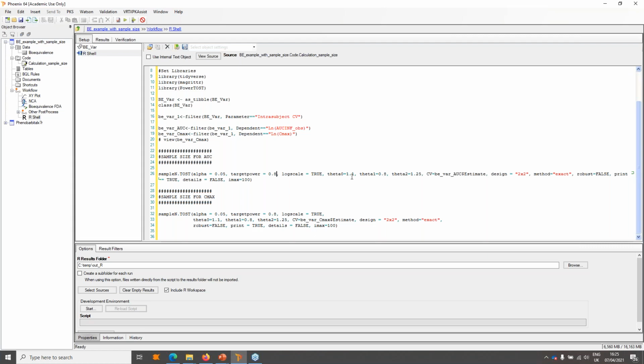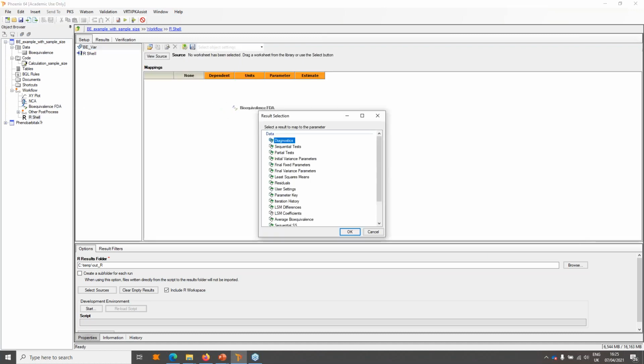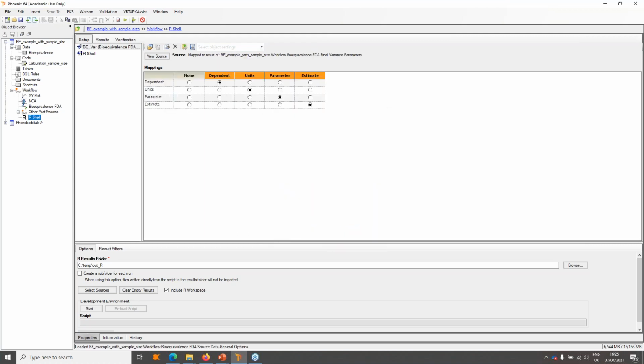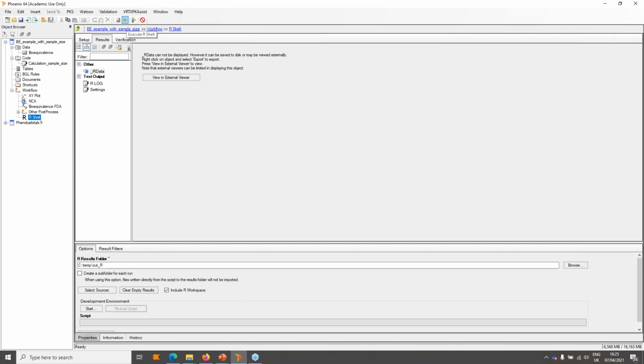So that one is hard-coded to 1.1. Here it's actually going to be read in from the data set. Okay, and we'll pick that up in a moment by mapping that in there. So I can take that over, take the final variance parameters, names are all expected, so it auto matches. Don't need to think about that too deeply. Click execute. Again, it's going to take that worksheet, that script, push out to R, bring it back, and then